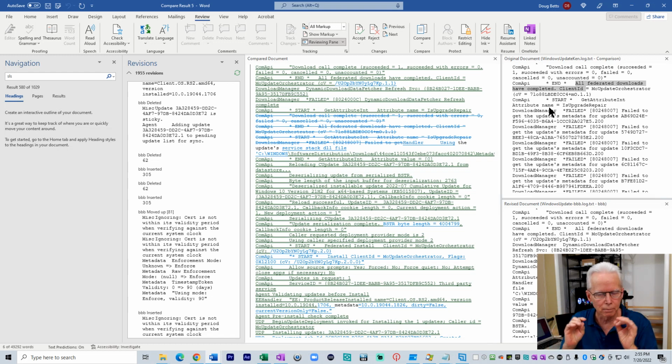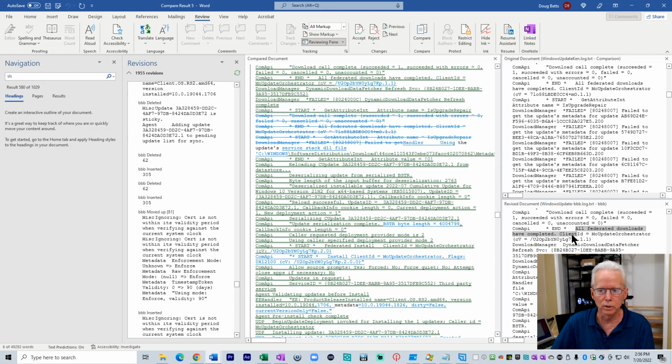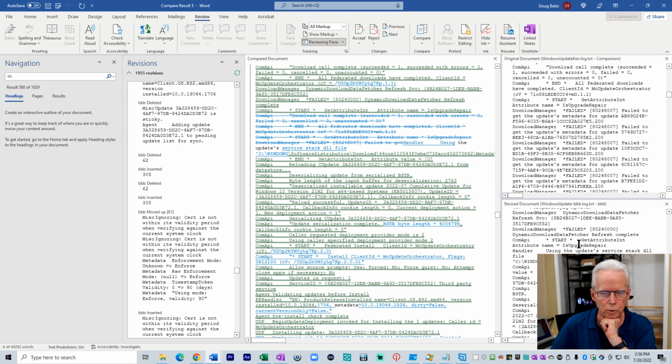So I'm not going to go into a lot of detail about how I got to this point, but here you see a bunch of failed messages on Ken's log, and down here at the same area in the log, we don't have the failed messages. So here on Ken's, it says all federated downloads have completed, and on Baby Beast right here, all federated downloads have completed. And then my computer goes on to performing the updates, or the installations. There's one failed message. That's okay to have some failed messages, but up here in Ken's section, it's right here, failed,